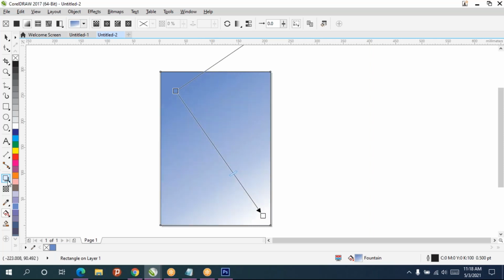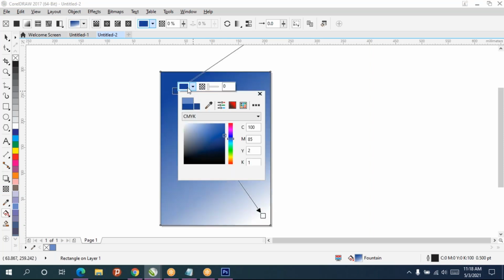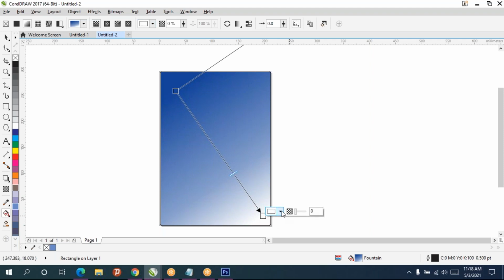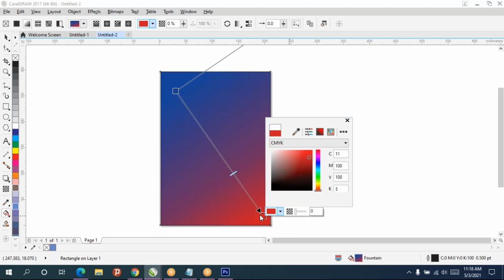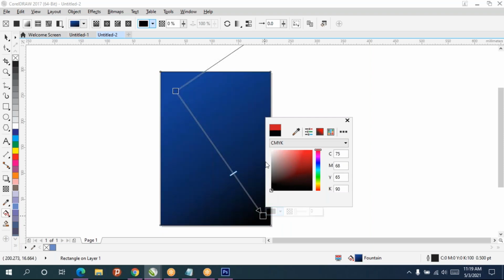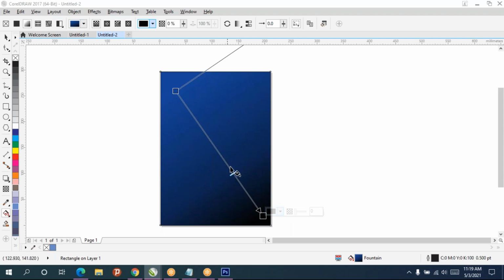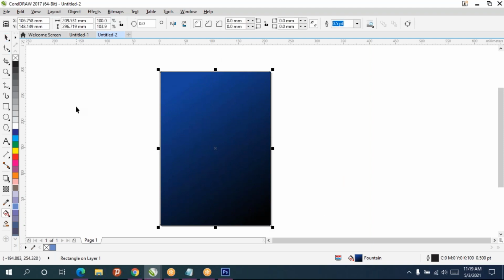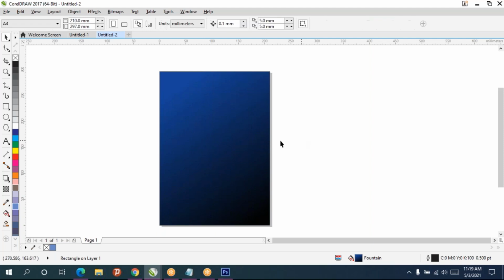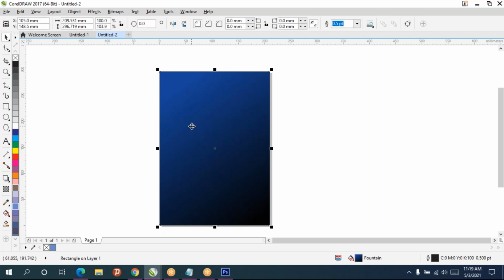This is similar to the transparency tool, but you can give different colors for this, which is not possible in the transparency tool. Just by clicking on the square box, you can give whatever color you like. So like this you can give.